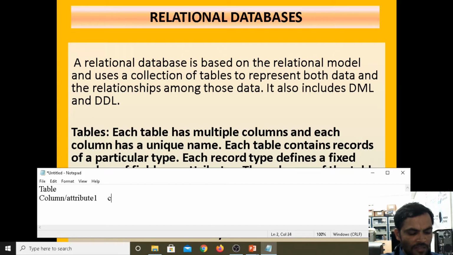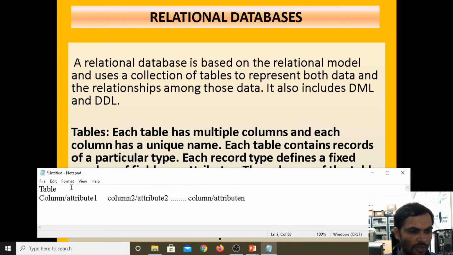Now I declare one more, column 2, also a column or attribute. Under the table we can declare up to n number of columns.